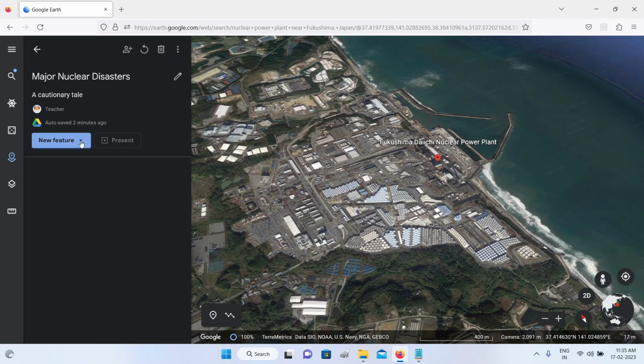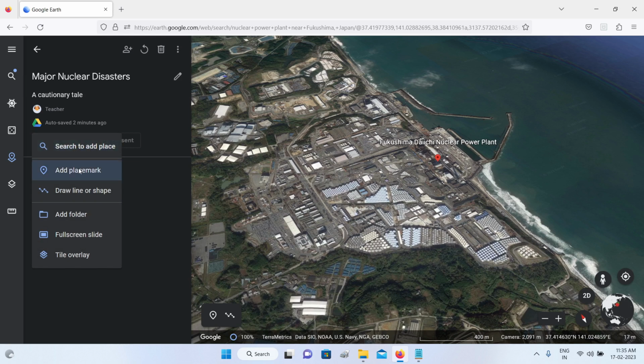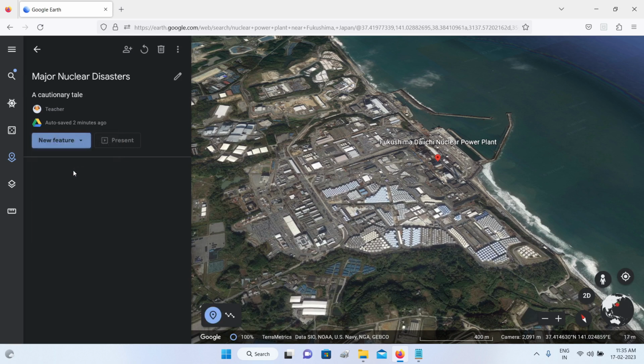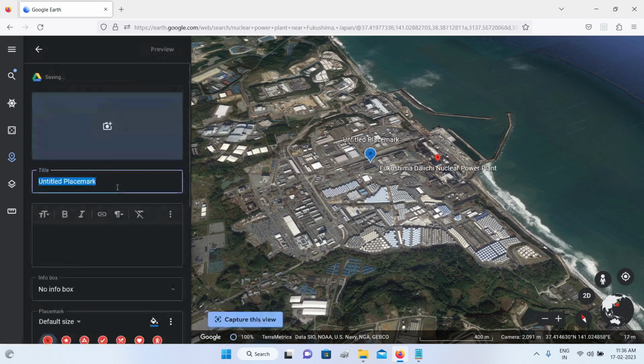And now what I'm going to do is to add a new place mark. So let me just come here and click on this. So you will notice that the cursor has now changed to a crosshair, and you can just click on this and add a place mark. So let me just call it Fukushima